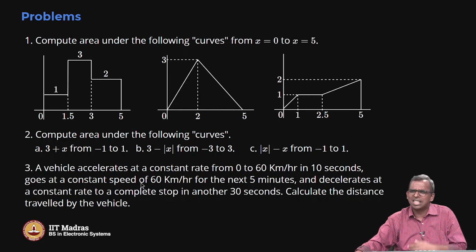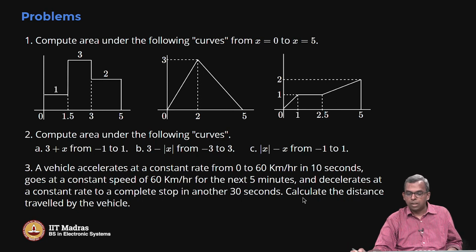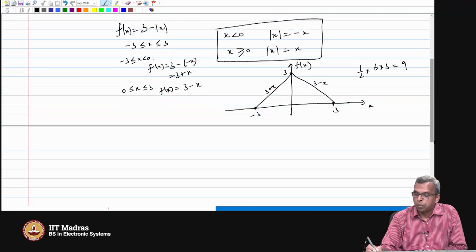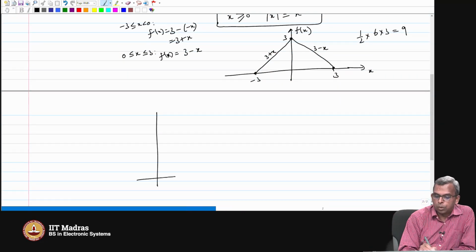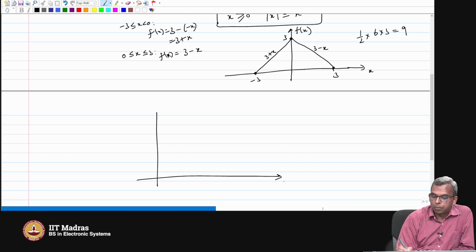The next point also just gives you an area under the curve. Look at this next question. A vehicle is accelerating at a constant rate from 0 to 60 km per hour in 10 seconds and at a constant speed for the next 5 minutes, and then decelerates at a constant rate to a complete stop in another 30 seconds. Okay. Calculate the distance traveled by the vehicle. So, you have to just draw the speed versus time. Okay. When it accelerates at a constant rate, it means that it's just a straight line, right? So you can put in seconds here, okay,